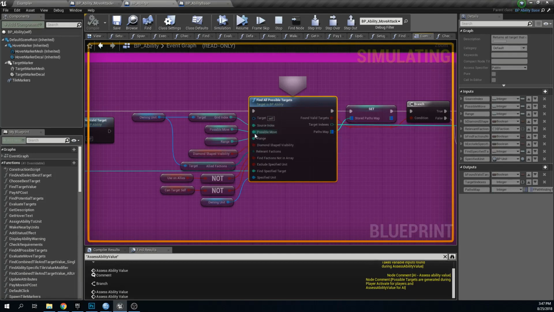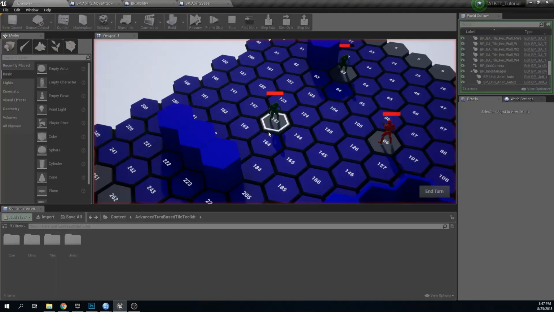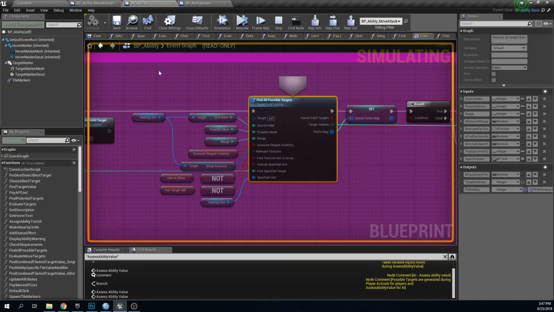These are values that are calculated within this ability beforehand. If we add together how far this unit can move and how far it can shoot, then we should get all the potential targets it can attack. If any other unit is outside of that range, we will obviously not be able to target that unit with this ability, and we can ignore it. So this is one of the first steps in the filtering. And we also input whether we have a diamond shaped visibility for a square grid,